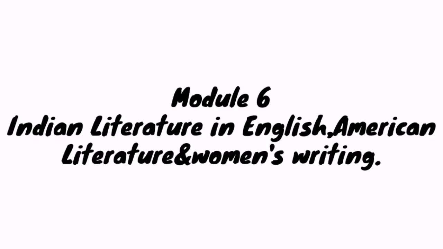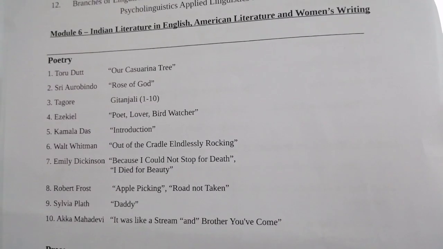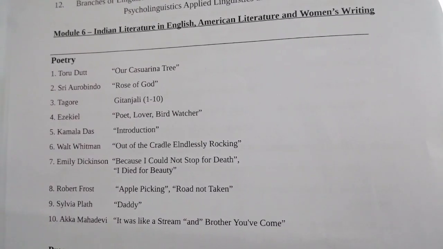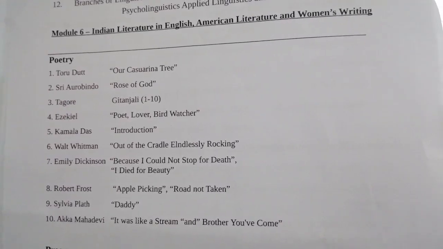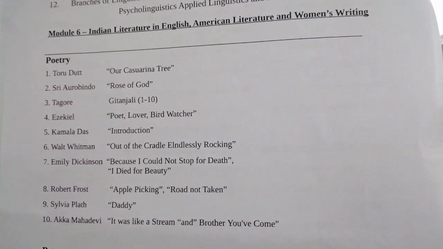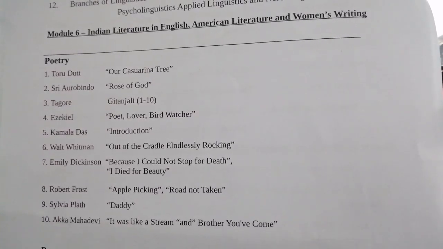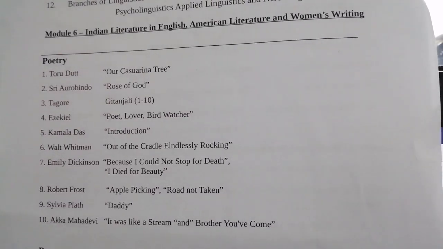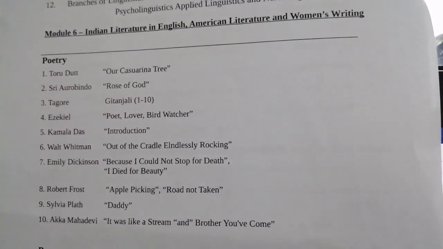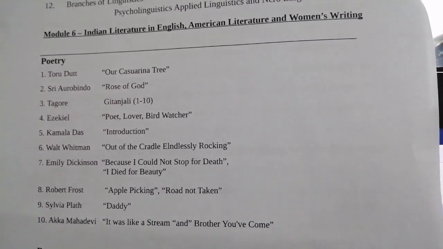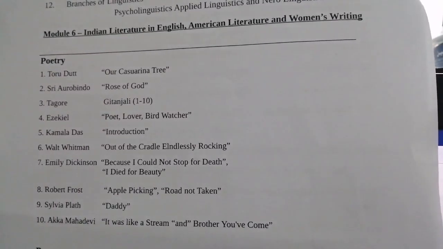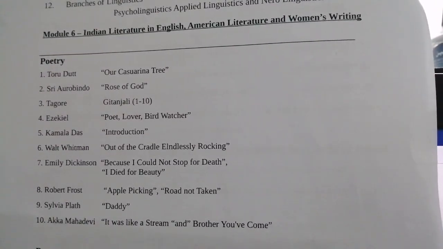Okay, when we reach Module 6, the title is given: Indian Literature in English, American Literature and Women's Writing. Here in the poetry section, we have Toru Dutt's Casuarina Tree, Sri Aurobindo's Rose of God, Tagore's Gitanjali 1 to 10, Eunice de Souza's Poet, Lover, Bird Watcher, Kamala Das's Introduction, and Walt Whitman's Out of the Cradle Endlessly Rocking, Emily Dickinson's Because